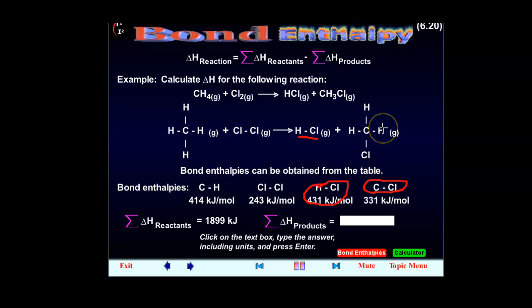You have CH1, CH2, CH3. So you have 3 CH for that. 3 CH plus 1 CCl, which is this, 1 CCl, and then plus HCl here. So the total is going to, once you do that correctly, you're going to get